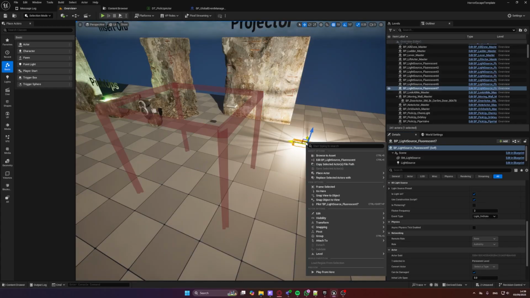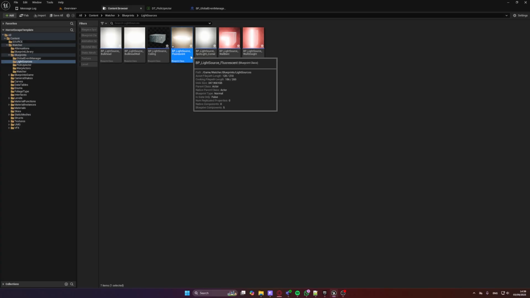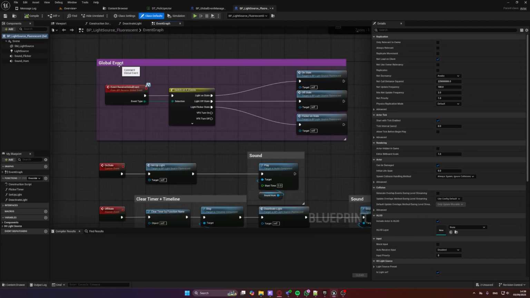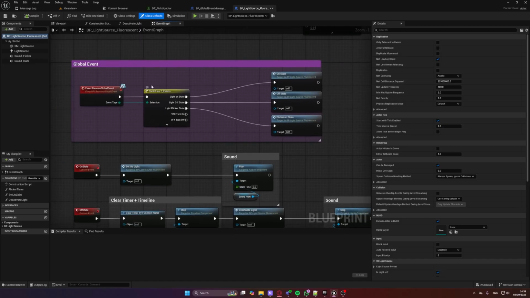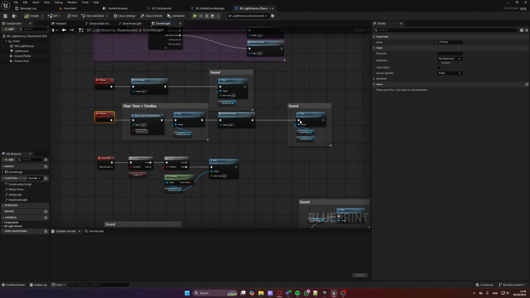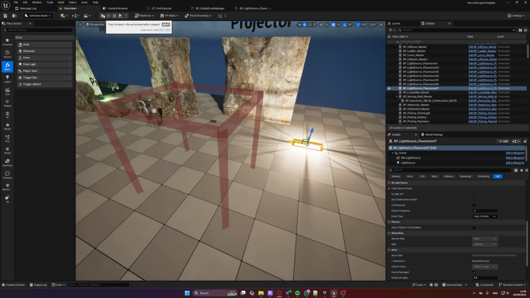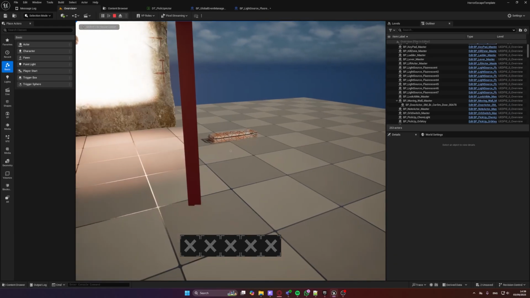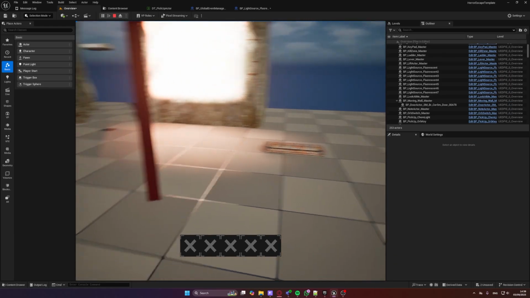So now if I go to my lamp and open it up, you're going to see here highlighted in purple, there's a global event, and this is the function that you're going to be looking at. So global event manager, we're going to switch it based on the type of event you want. And if you remember, I set it up to have lights off state. So it goes to this event, and here is the whole functionality to deactivate the light. Let's have a look if it works. So I walk in, projector switches on, and the light goes off as well, which is great,